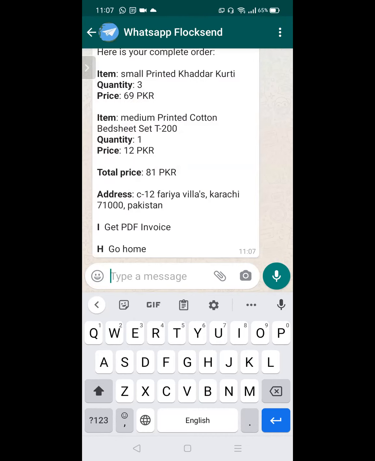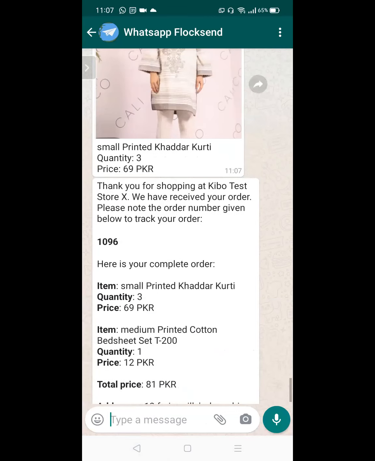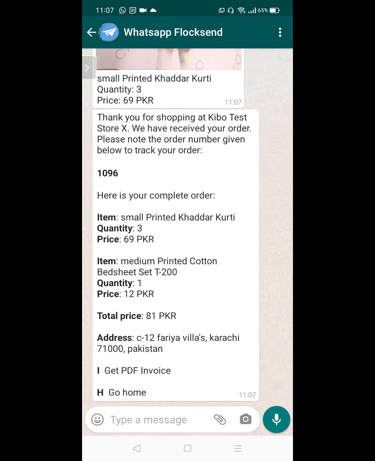Okay. Now what we can see here is that it has created the order for me, and we can see the items inside the order with pictures, and it is also giving me the order number, which is 1096. It is showing me what items I have, the quantity and price, total price, and address.